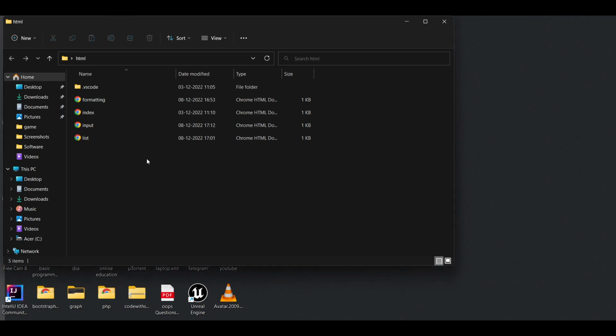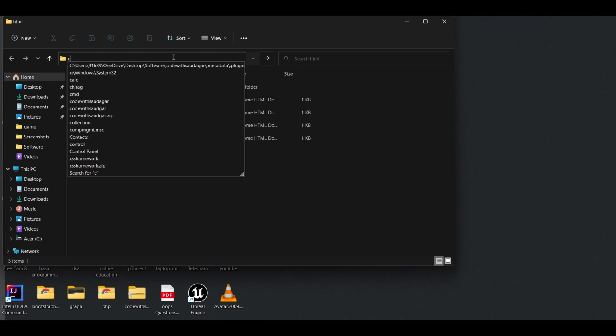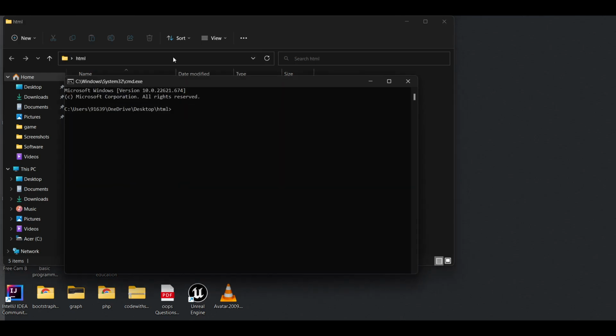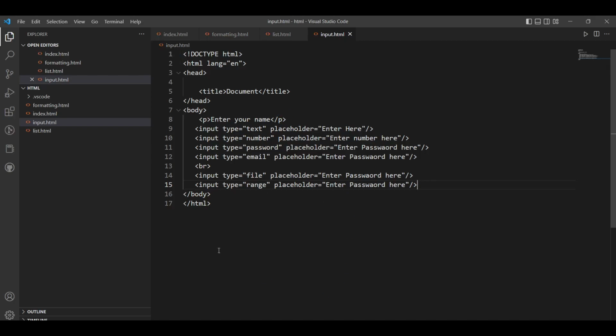The first one covers the syntax of HTML. The second covers lists, formatting tags, input tags, and all the things I covered in the previous video. So first, in my cmd, I open it. After that, type code dot and press enter. VS Code automatically opens, and here I close